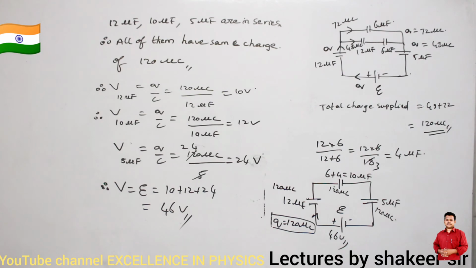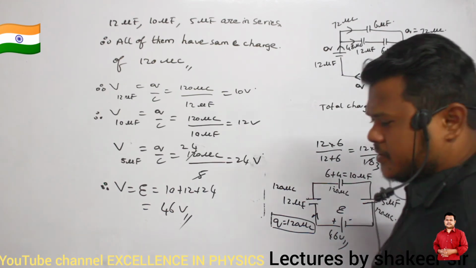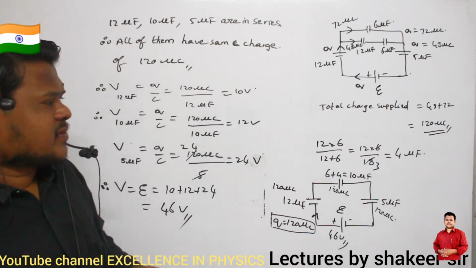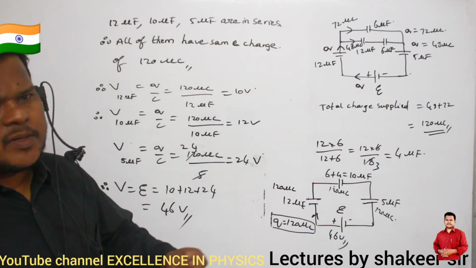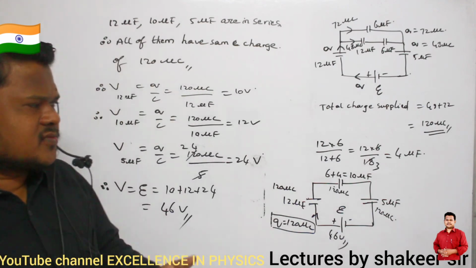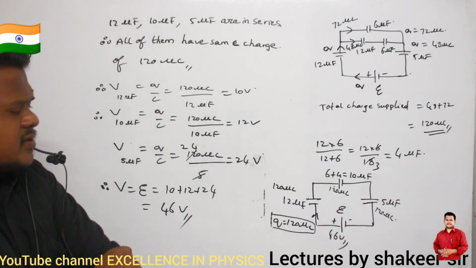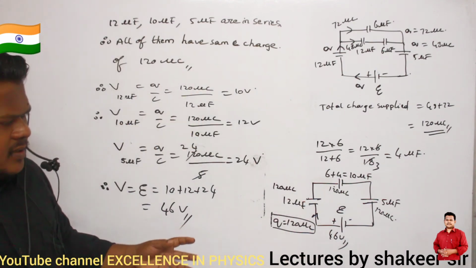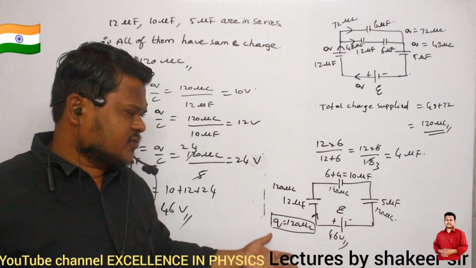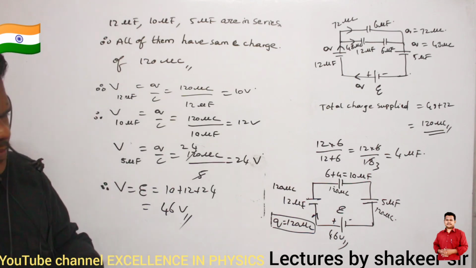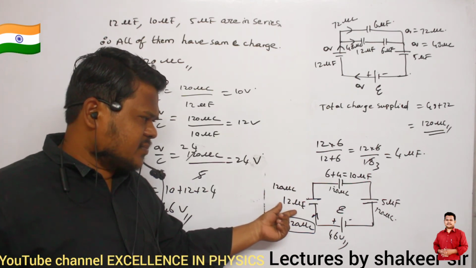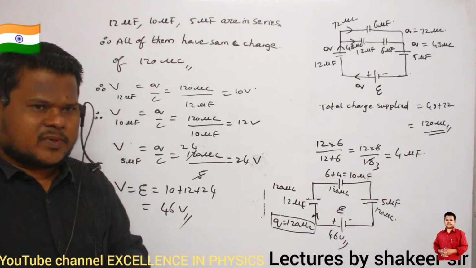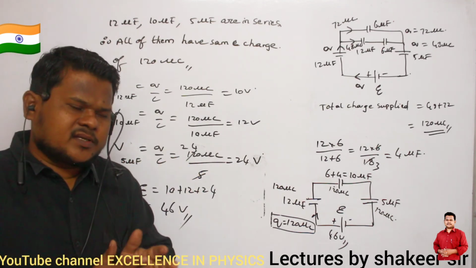Okay? So the point you are supposed to remember is that if capacitors are connected in series, then the battery supplies the same amount of charge to every capacitor. Actually, the battery supplies charge only to the first plate of the first capacitor. Clear? Remaining all charges are induced charges, and induced charges will always be equal and opposite. So the same charge will be present on every plate of every capacitor, but one plate has positive charge and the other plate has negative charge.